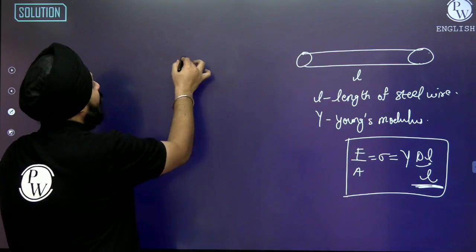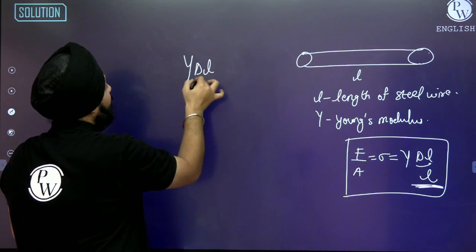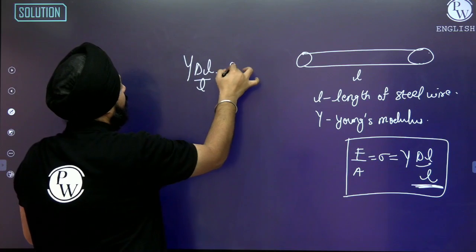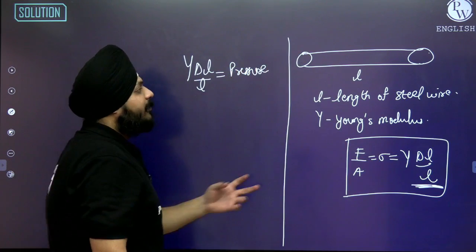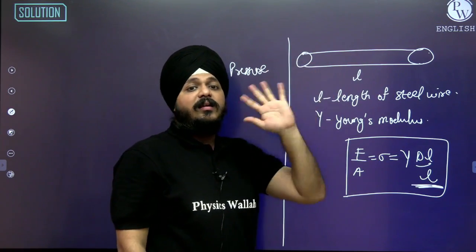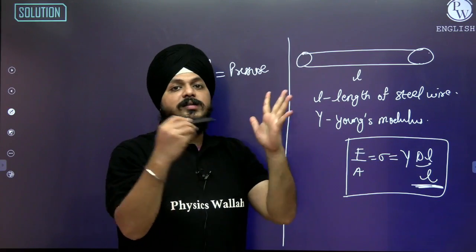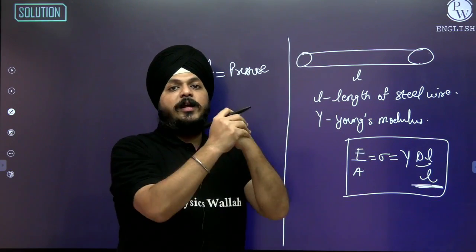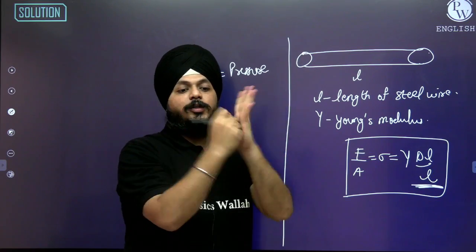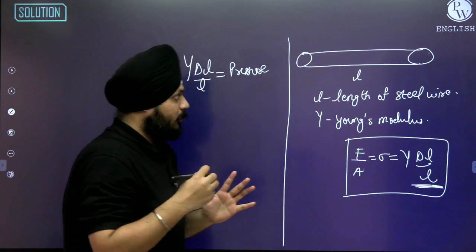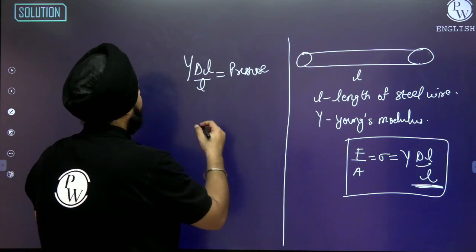So I am replacing Y delta L by L, which is equal to pressure. Now we can consider it as pressure because whenever heat is applied, it acts from all sides. There is a difference between pressure and stress. This is stress, this is pressure: pressure acts from all sides, while stress is per unit cross-section area. Conceptually they are different. Okay, now